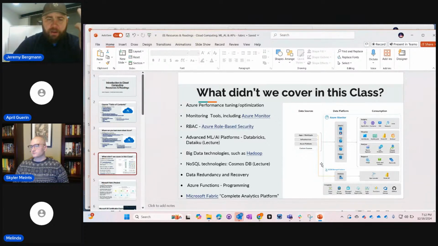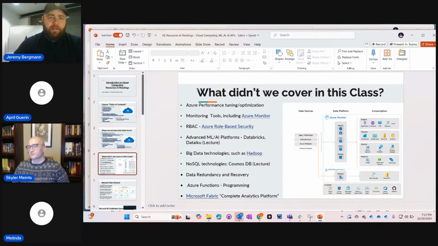And then Databricks, which is kind of like Dataiku in the sense that it's a really nicely integrated environment for machine learning and teams, kind of similar to Machine Learning Lab. And then they have all sorts of administrative tools in here, like role-based security, data redundancy and recovery, and so forth. So there is a whole world outside of Microsoft Fabric that we didn't cover,